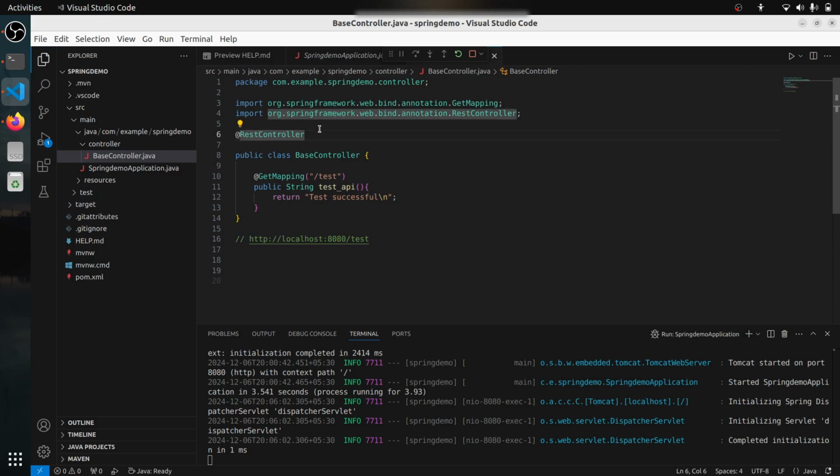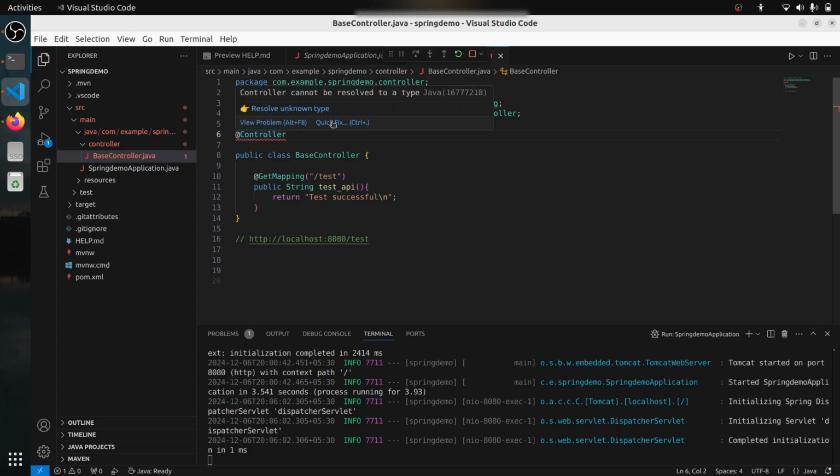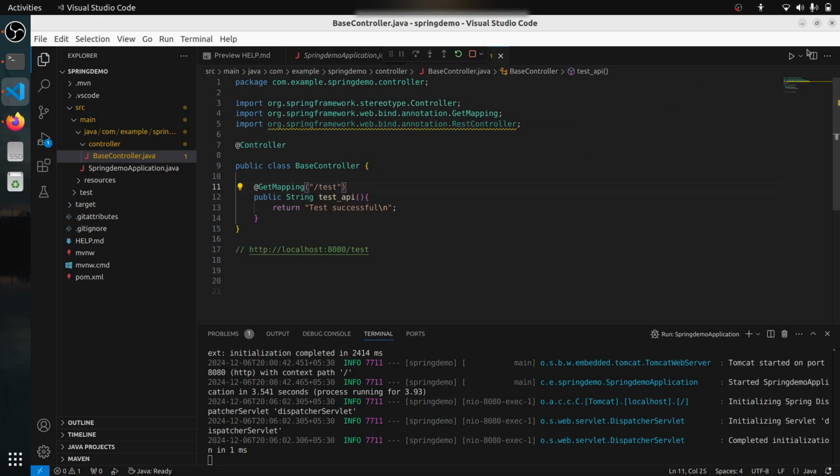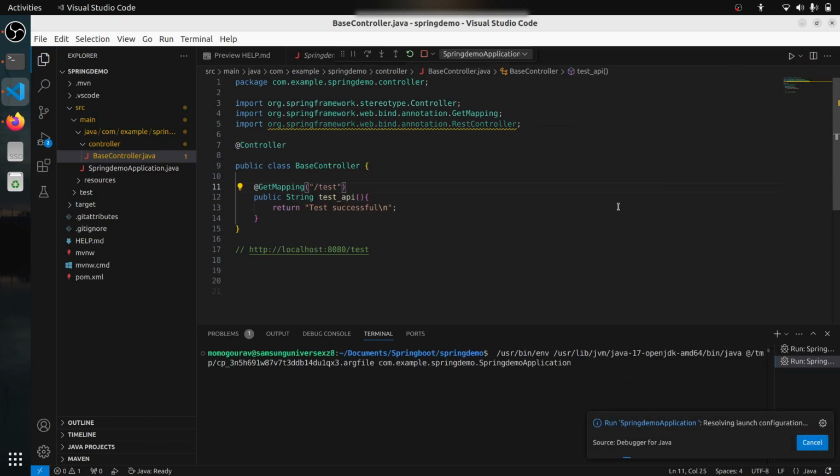If I use only Controller, not RestController, I need to import it also. If I use RestController only,